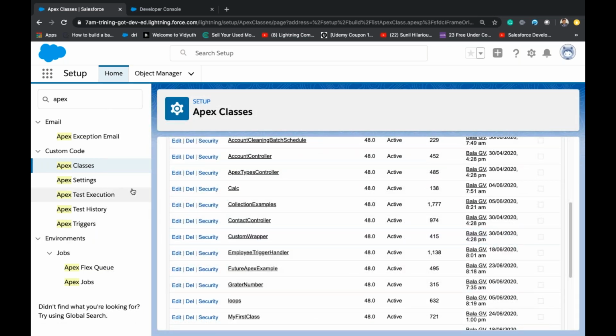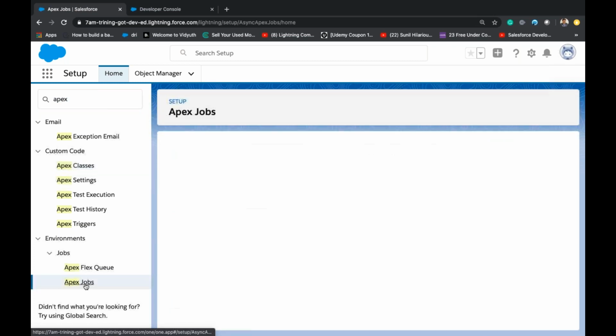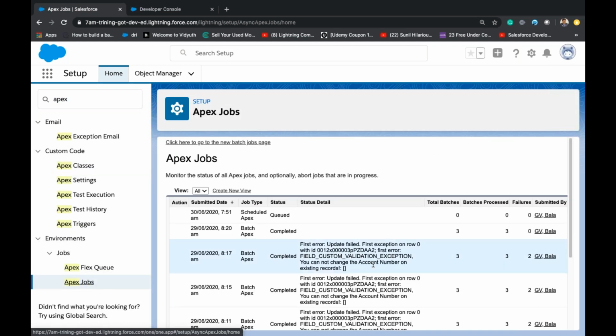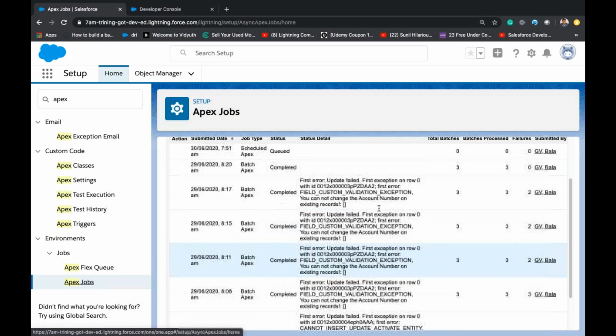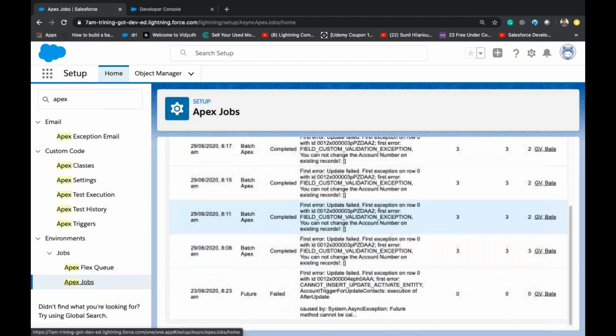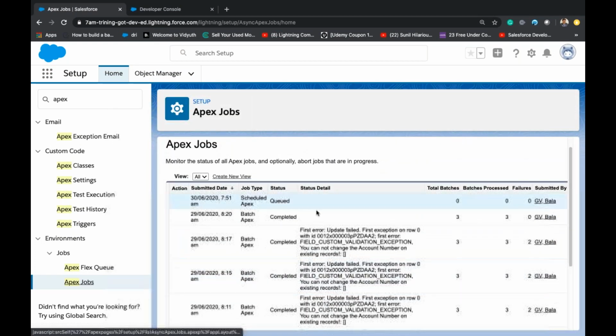So then how to check? See, from this Apex Jobs, you can see all the schedules. So these are all completed jobs. So now this is queued.